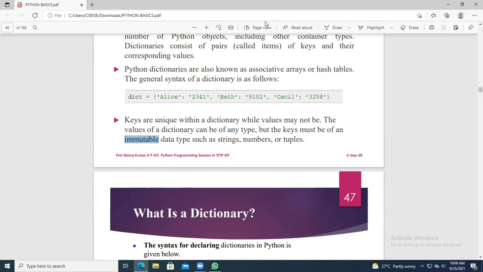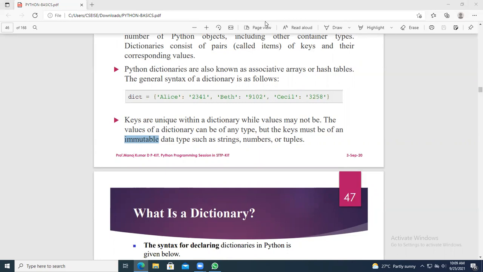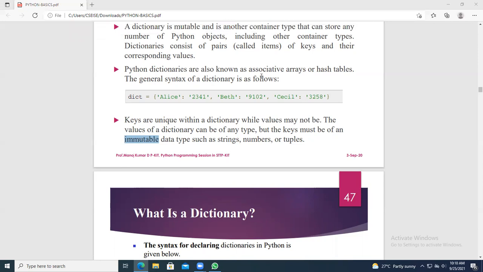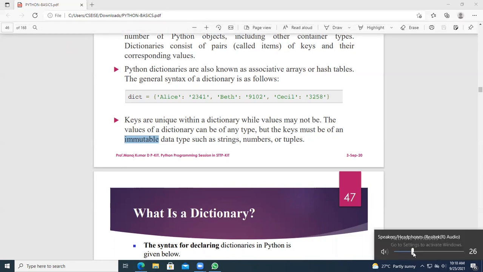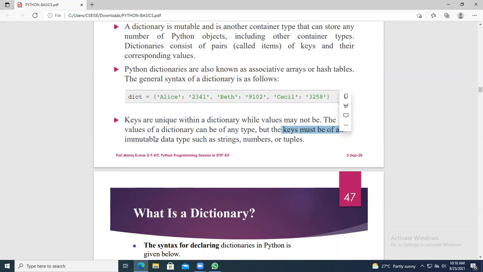Immutable means, can anybody tell what is immutable? In yesterday's class we have gone through it. Immutable means we can't change. Yes, good. So the keys must be of immutable data types such as strings, numbers, and tuples.